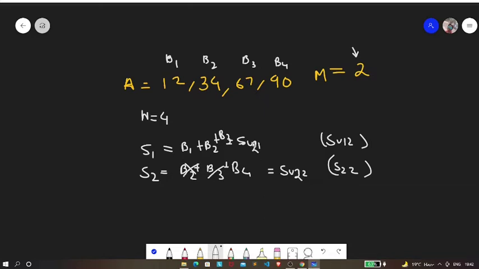So let's consider this sum to be s3 1 and this is s3 2, and let's consider the maximum is su of 3 1, okay? So after we have found the maximum of these sums, we need to find that sum which is minimum. So let's say the minimum sum is su31, okay? So that is a minimum, and that is going to be our answer, okay? And this is what we need to return.